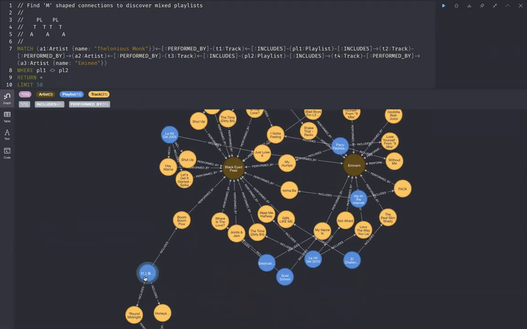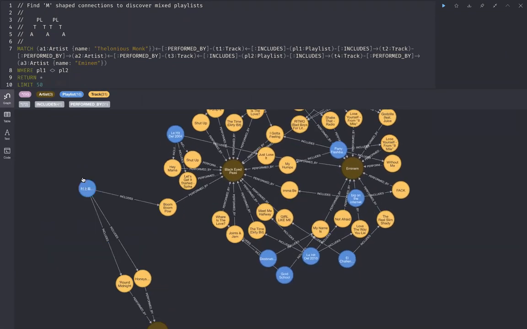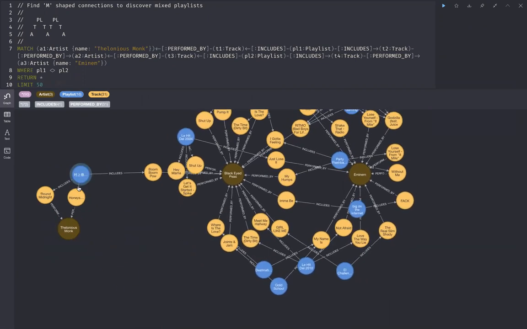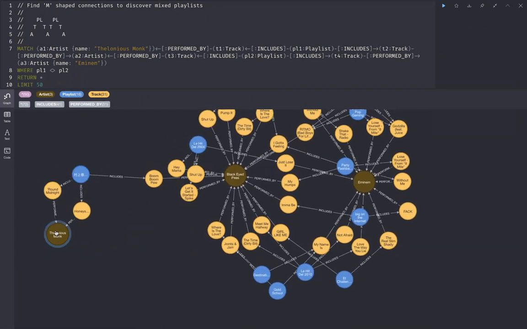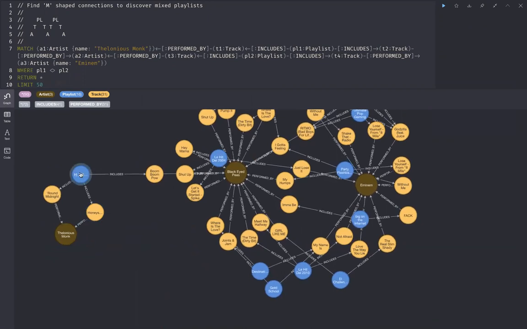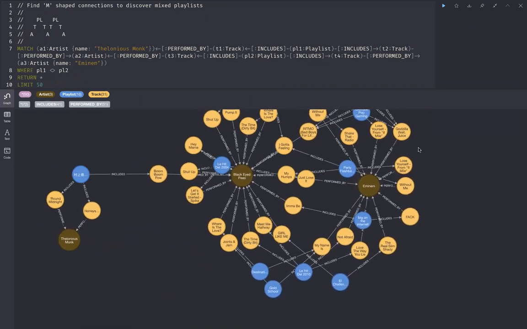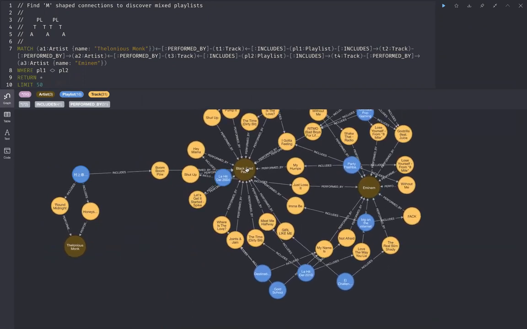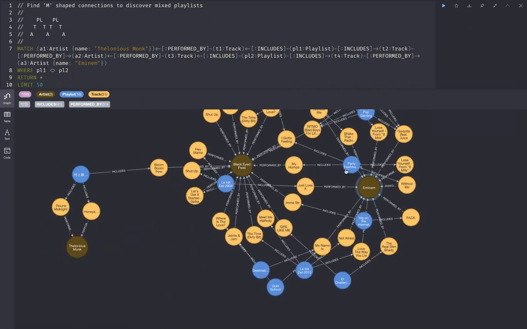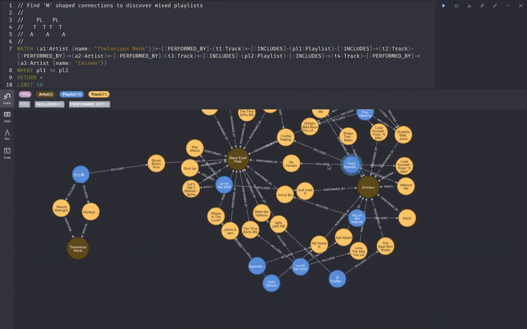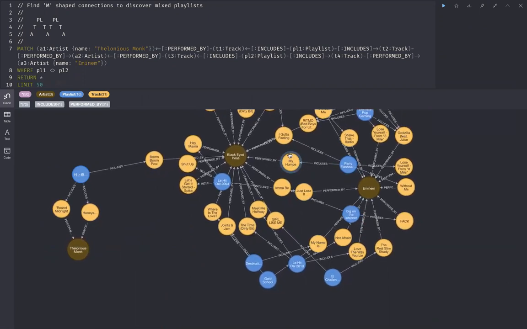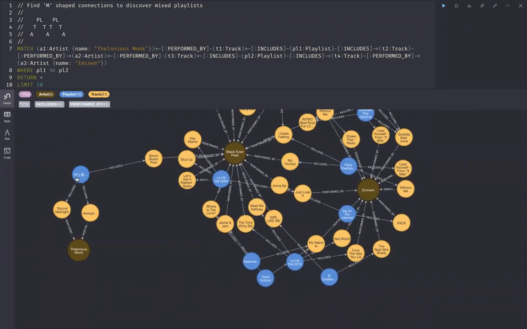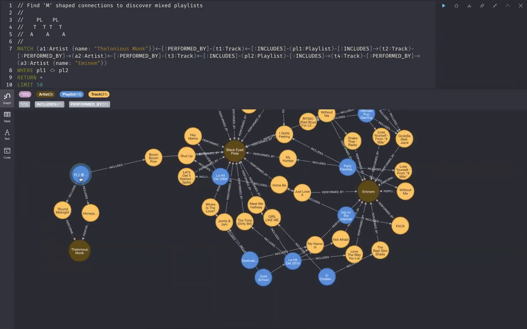And what's interesting with this, and I think so useful about a graph database, is I can see Thelonious Monk over here, and I can see in an instant that there's only one playlist connecting him to the rest of the M, if you will. And between the Black Eyed Peas and Eminem, there are tons of playlists, there are tons of tracks, but there's just this one connecting one here, which looks like it's either